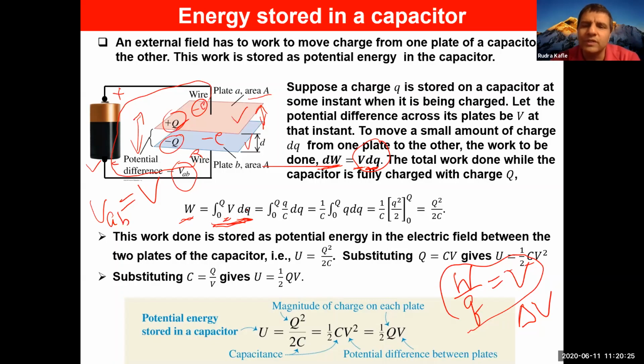So what we do is we have this formula Q is equal to CV, right? So we will convert that V in terms of Q. So V is equal to Q over C. That's what I use here. Now, since for a given capacitor C is constant, you pull it out of the integral sign, right? So what you get is Q dq, and you can integrate that by using the power rule in calculus.